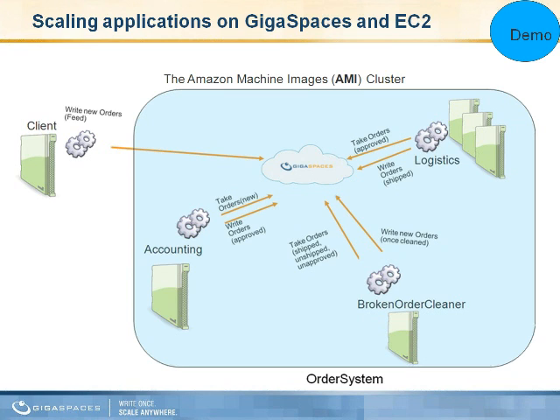Once they're approved, then logistics, the next service in the chain, will pick up the approved orders and check inventory to see if there are enough widgets in stock for that particular SKU on that order. If there are, then the order gets shipped. If not, it gets written back as unshippable because there's not enough stock. What happens next is the broken order cleaner is going to look for things that are unshippable, and it's going